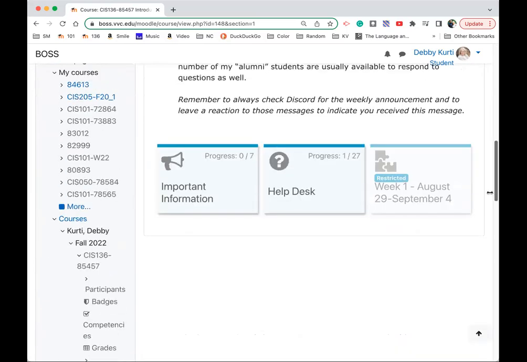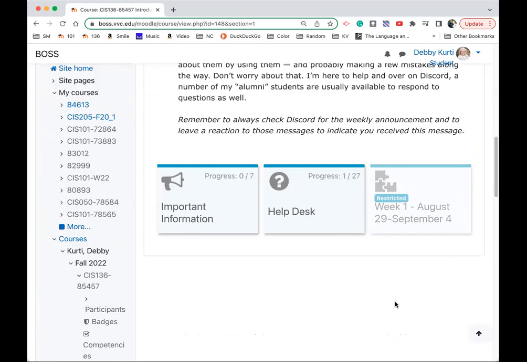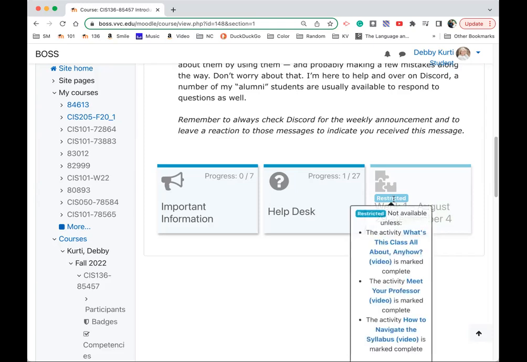So let's scroll down to this first week. And we'll start with the restricted block first. So you might notice this says restricted, like you can't click into it. There's no way to get in. However, if you hover over it, or if you're on mobile, I think if you tap the restricted block, you should see something like this